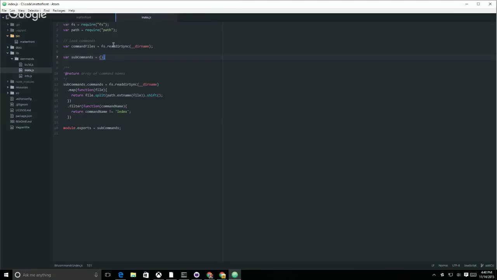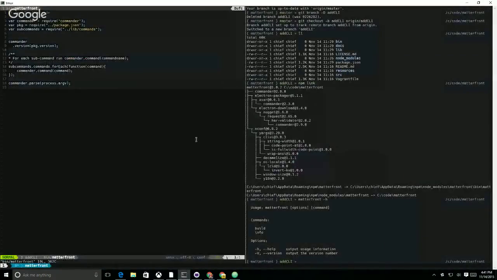Okay, here at index, this is the lib commands index.js. I'm just requiring in two modules that are core to Node, the FS or file system module and path. The path module has a bunch of properties on it that deal with file systems and directories inside of your host machine. So the first thing I do is fs read dir sync and pass it the dir name global. What that does is look within the folder that the dir name is in and read the entire directory with the exception of any dot or dot-dot files. And what I mean by that is if I were to